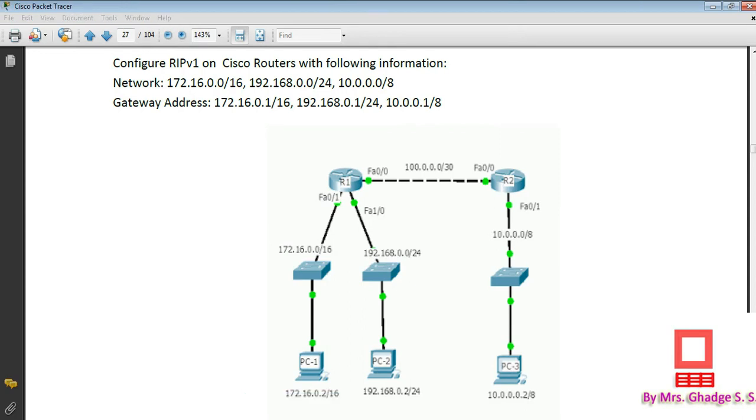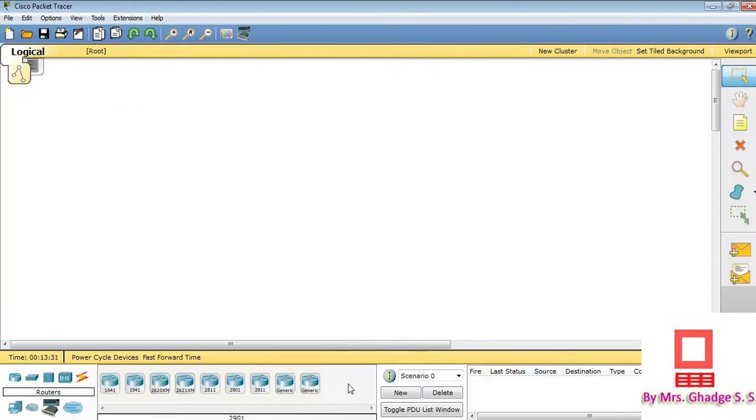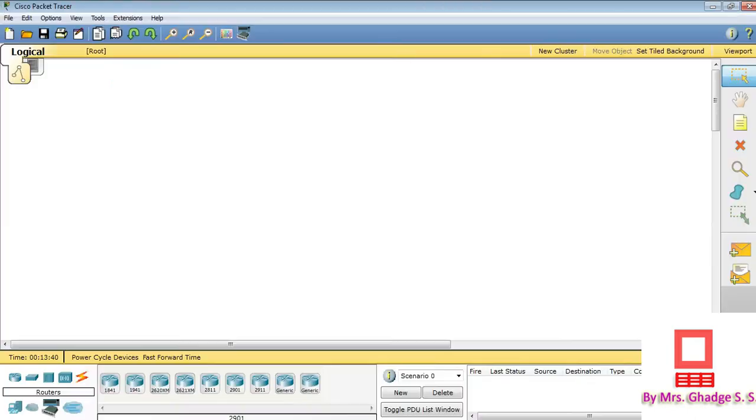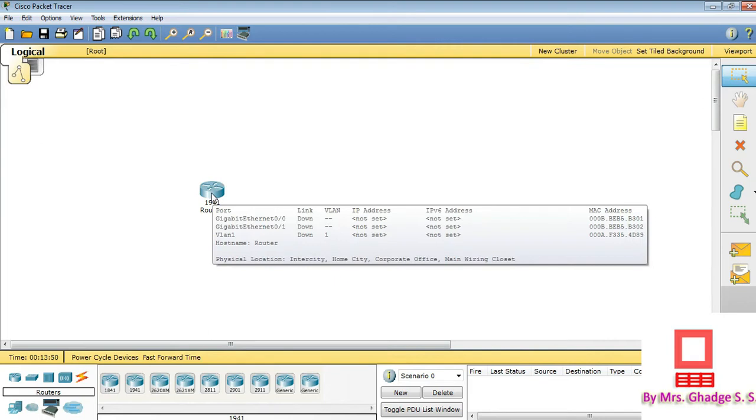We are going to configure this network first in Packet Tracer. So go to Packet Tracer. We are using two routers, R1 and R2, then three switches and three PCs. Take two routers. You can take any type of router, such as a 1941, but instead you can use a generic router.